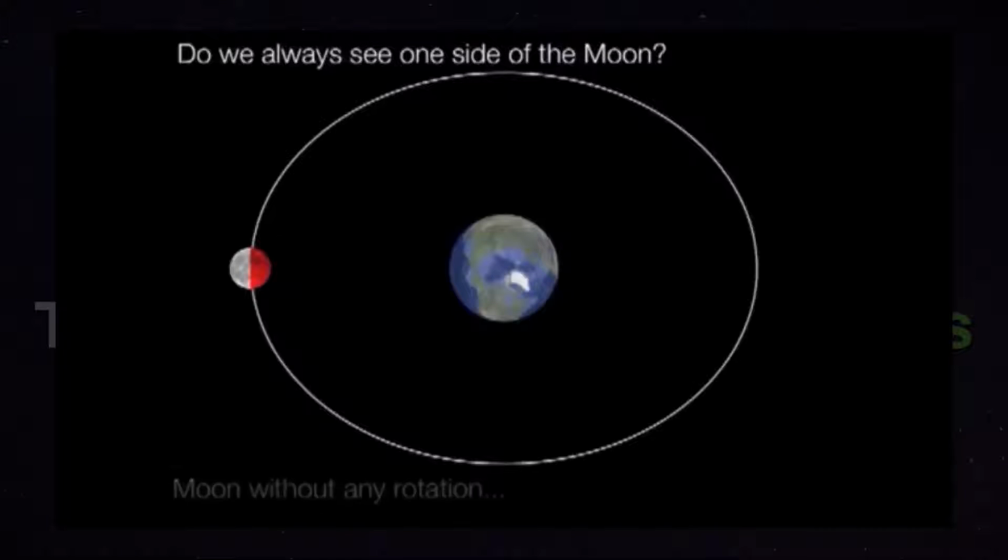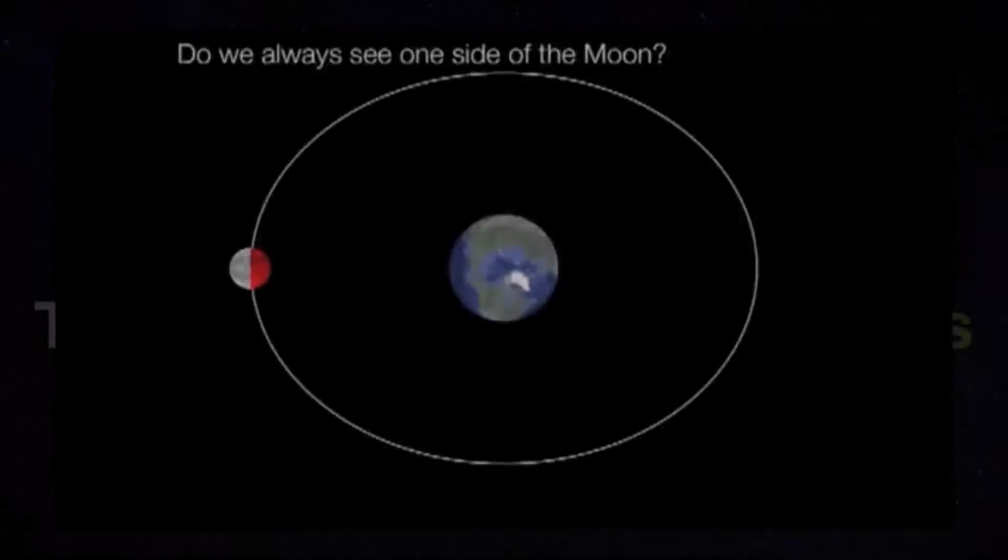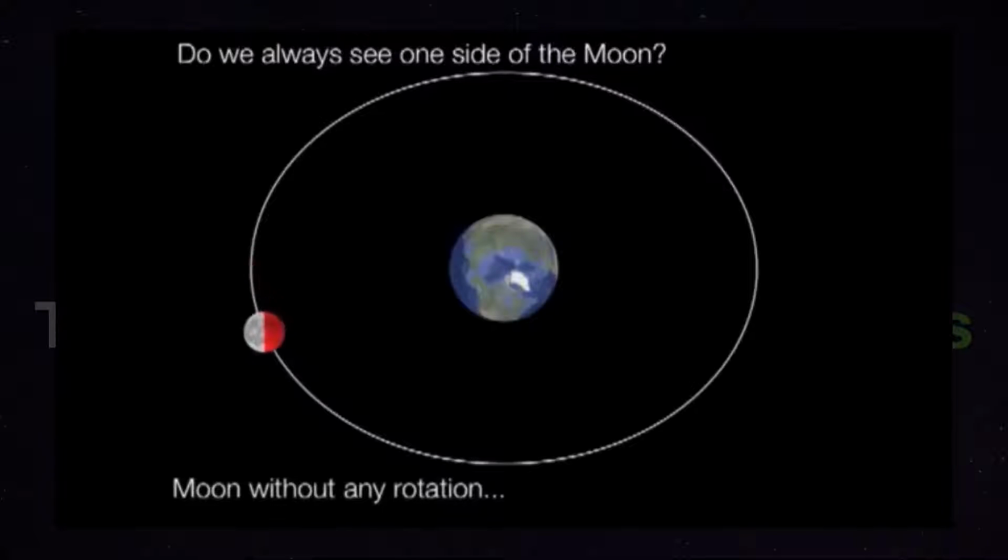So take a look at this. If the moon didn't rotate, we would still see both sides of the moon. So as the moon revolves in this movie, you can see the red side. The moon's never red. That's not an accurate description. You can see the red side and the bright side, the white side. Let's watch that again. Okay? So if the moon doesn't rotate, you can see both sides. And I just finished explaining that we never see both sides. We only see one side for the entire year. So that being said,